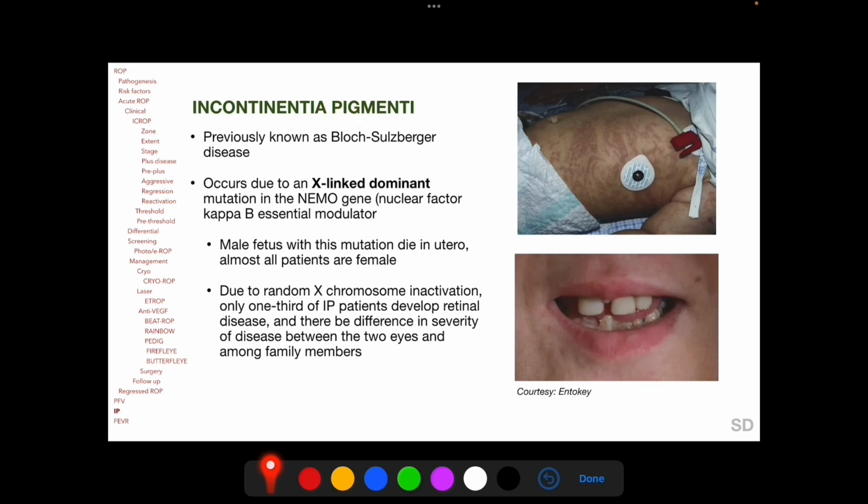Incontinentia pigmenti was previously known as Bloch-Sulzberger disease and occurs due to an X-linked dominant genetic mutation, and so male fetuses with this mutation die in utero, and almost all patients are female. And due to the normal phenomenon of random X chromosome inactivation, only one third of IP patients develop retinal disease, and there can be differences in severity of retinal disease between the two eyes of a single patient and among family